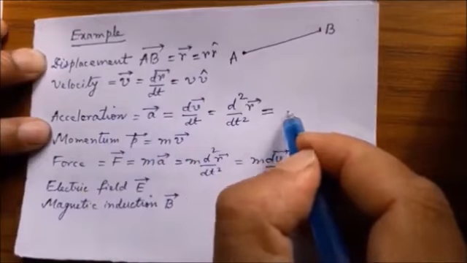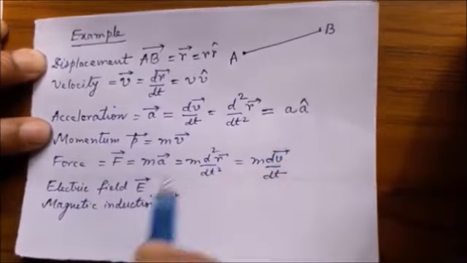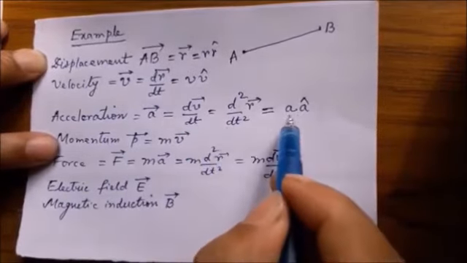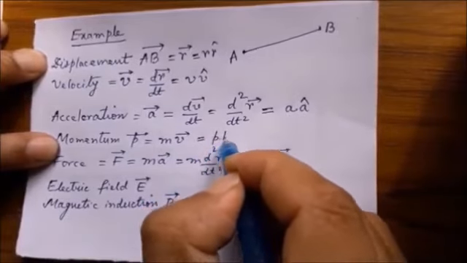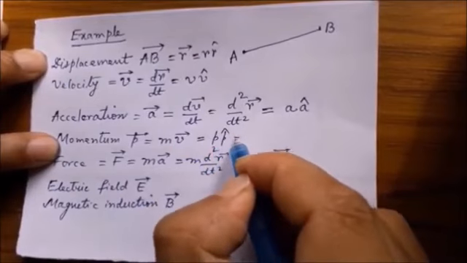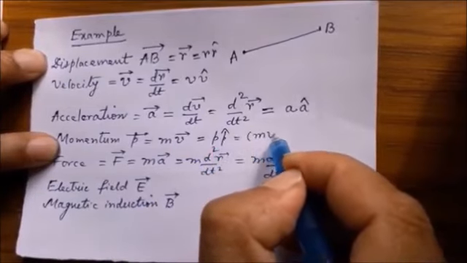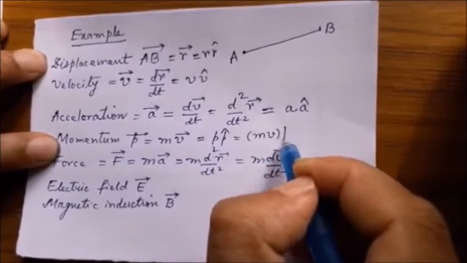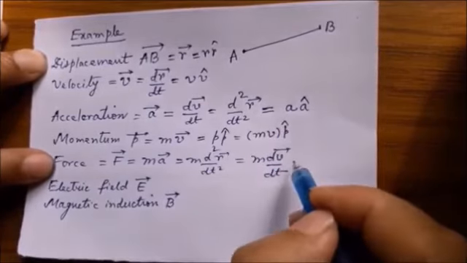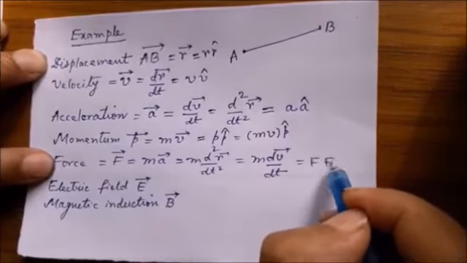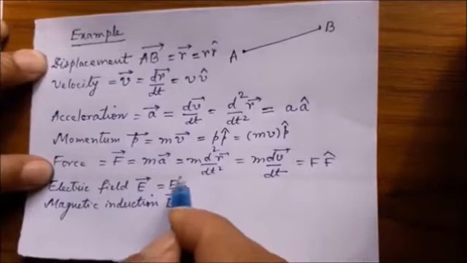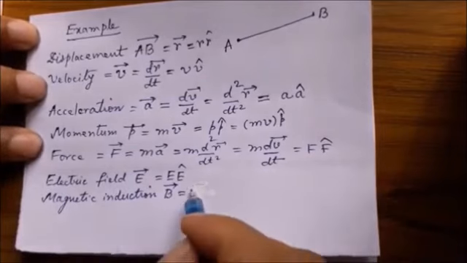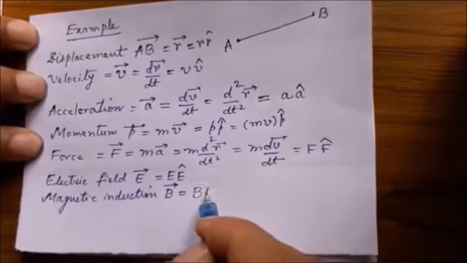Acceleration vector has two parts, a hat being the direction of acceleration, a being the magnitude of acceleration. Momentum part, p into p hat, and here p is in fact m into v, v being the speed. Force can be written as F into F cap. The electric field similarly can be written, and magnetic induction can be written as B into B cap. Next,